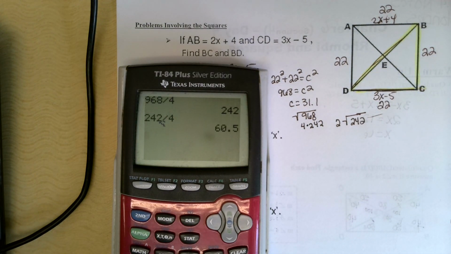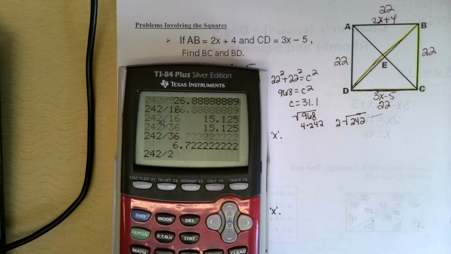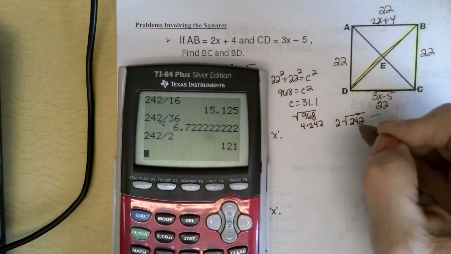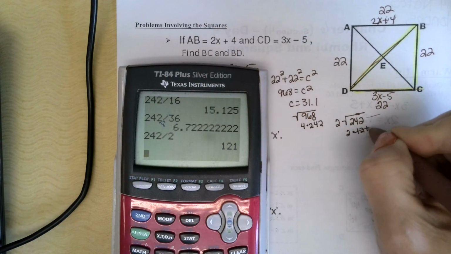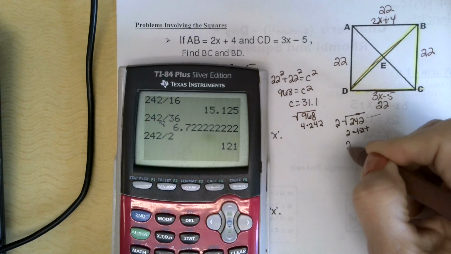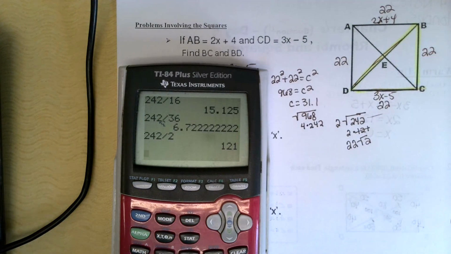4 doesn't go into it. 9. 9 doesn't go into it. 16 doesn't go into it. 25 doesn't go into it. 36 won't go into it because it's not divisible by 4. I think 242 won't have another perfect square in it. Because it's, oh, duh, 121. So 2 times 121, that is 11. So 11 times 2 is 22 radical 2, which means